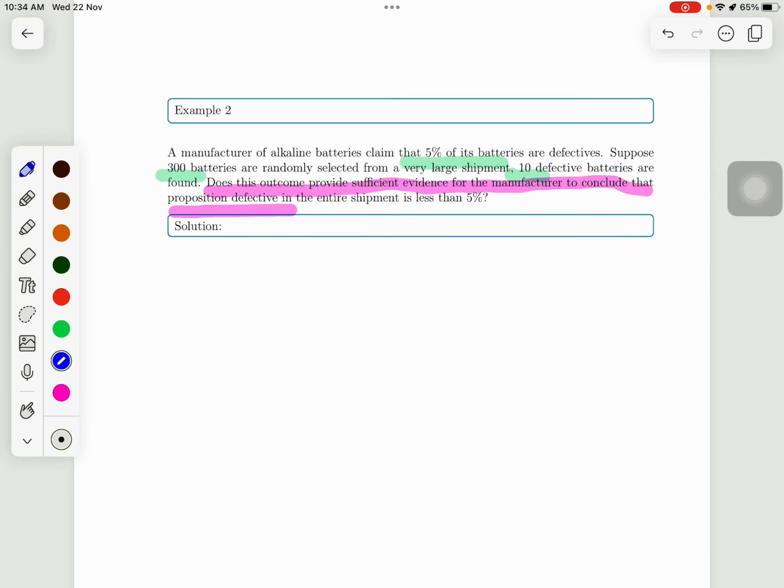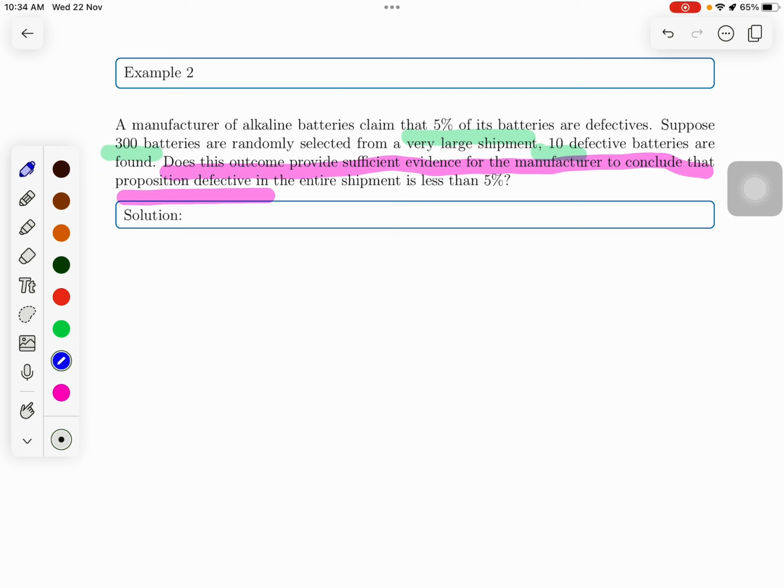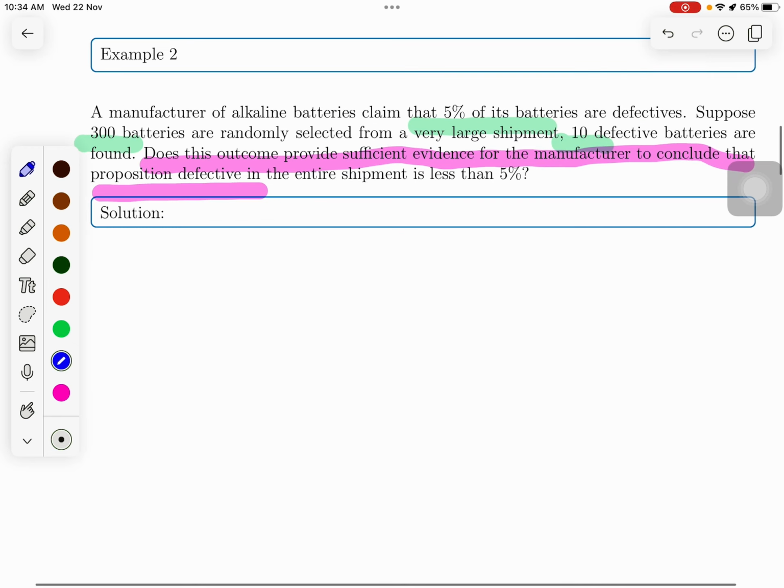Okay, so all this information, sometimes we can extract that information. For example,